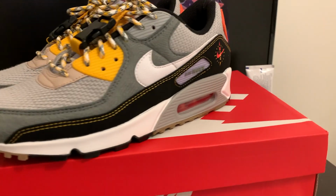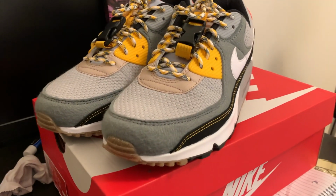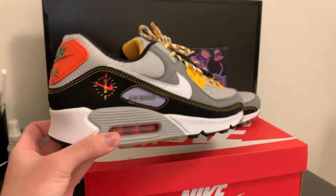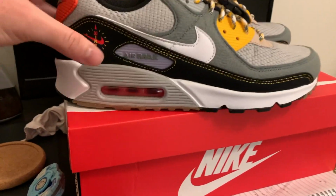Yeah, I like that it comes off, but because I like the whole outdoorsy vibe, I'm gonna keep them on. With or without, still a very nice looking sneaker. As far as the compass logos on the sides, I like those too. I don't like just any type of Air Max sneaker. I like having collabs or some type of theme going on with them. I wanted to get the Air Max 90, but I was waiting for the right colorway, and this is it right here. Yeah, how about we get some on feet